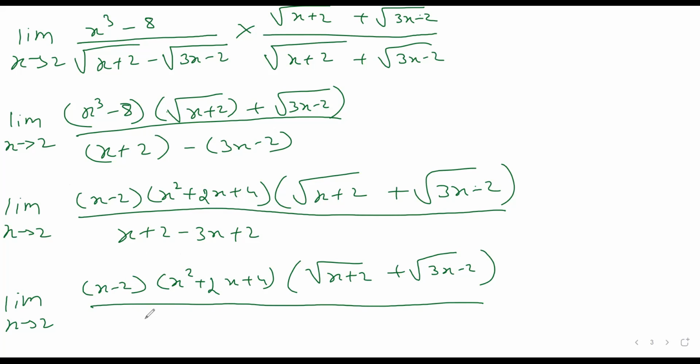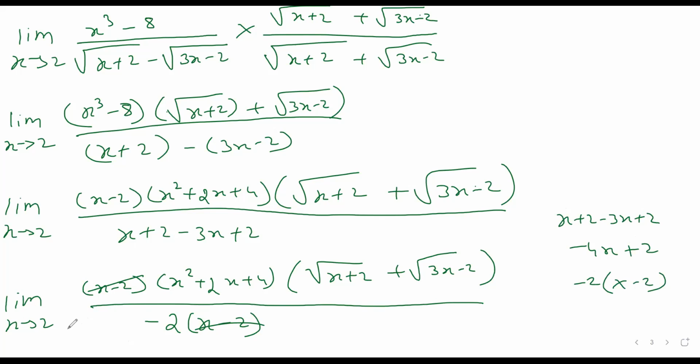So this will come to be x square plus 2x plus 4. So I will take minus 2 common. I will get x minus 2. This and this will get cancelled. x plus 2 minus 3x plus 2 will become minus 2x plus 4, and I've taken minus 2 common, so I've got x minus 2, and x minus 2 cancels. Now if I put x is equal to 2 here,